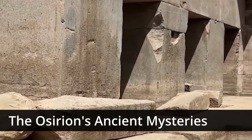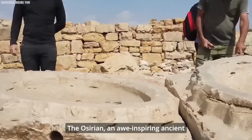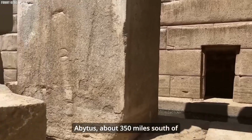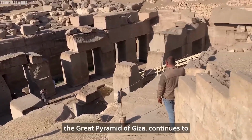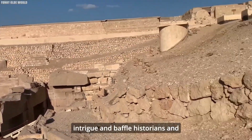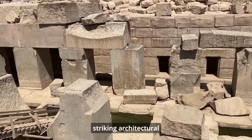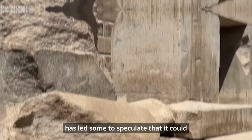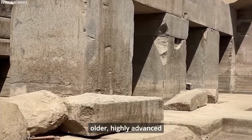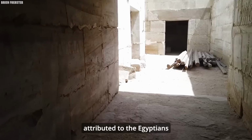Number 10. The Osirion's Ancient Mysteries. The Osirion, an awe-inspiring ancient structure located in Abydos, about 350 miles south of the Great Pyramid of Giza, continues to intrigue and baffle historians and archaeologists alike. This monumental structure, with its striking architectural sophistication and unique features, has led some to speculate that it could be the work of a much older, highly advanced civilization possessing technology far beyond what is traditionally attributed to the Egyptians